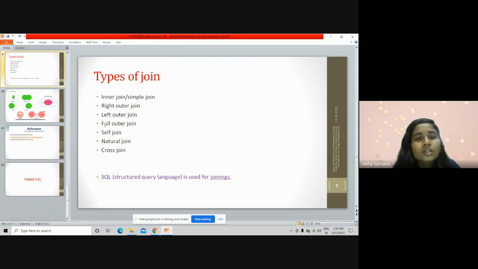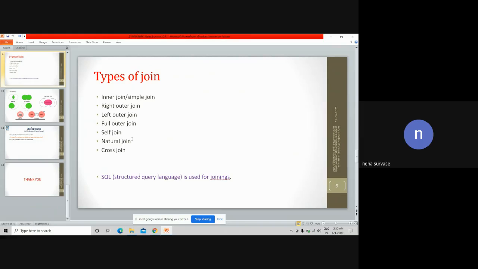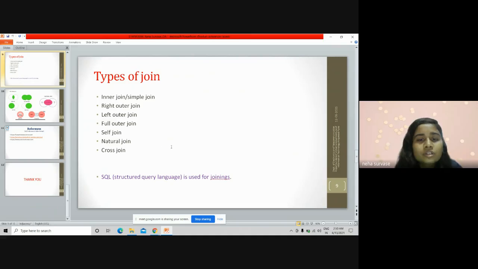Now natural join. This natural join maps the rows implicitly among the common columns in both the tables defined from the clause. Cross join combines all the rows from the left and right tables. This happens when a matching column or where clause is not mentioned. Now let's see a little bit about SQL.